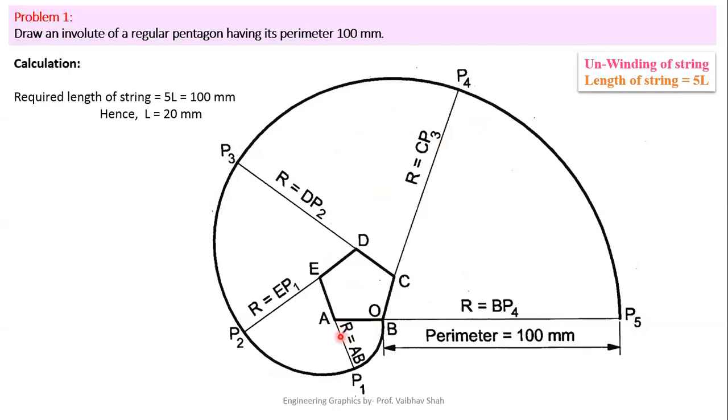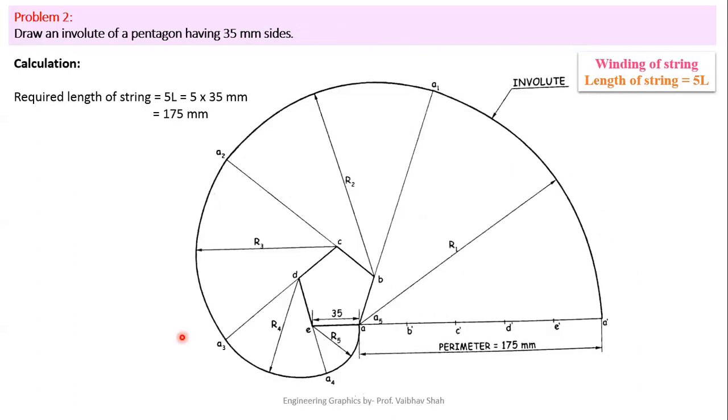Now let us give the radiuses. So we have used AB radius, so we can define RAB. Now in this case, we will use E as a center, EP1 as a radius, so you can specify REP1. Now in this case, we have used the D as a center, DP2 as a radius, so you can specify this as RDP2. Now in this case, you have used C as a center, CP3 as a radius, so you can define RCP3. And for this case, B as a center and BP4 as a radius, so you can define R is equal to BP4. Very easy. So now let us see one more example for better clarification and understanding.